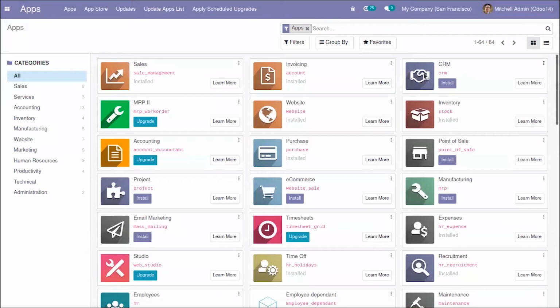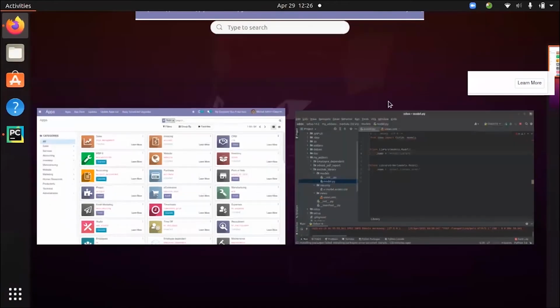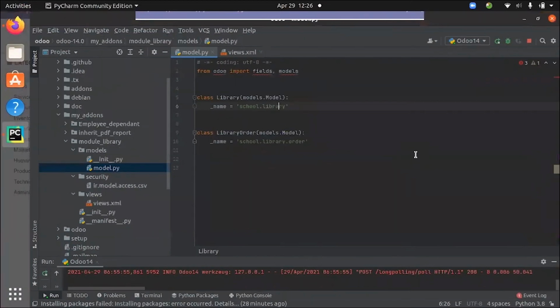So today let's discuss relational fields in Odoo 17. Fields are used to store and maintain data, and they are columns in a table used to store information about data. Relational fields are special types of fields which have the option to link the data of one model to another. So let's open PyCharm and see how we can define these fields.